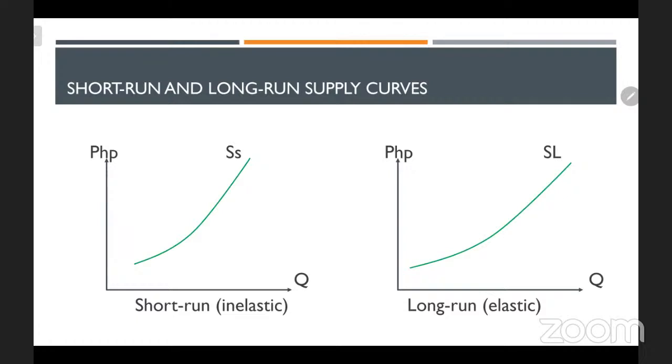There is at least one input that's fixed. Sabihin, hindi agad-agad pwedeng lakihan. In the long run though, wala nang fixed input kasi the time is long enough that you can actually expand everything. Pwede mong lakihan yung size ng factory, pwede kang bumili ng mas maraming equipment, pwede ka pang magdagdag ng inputs, etc. So, mas elastic ang long run supply curve kesa sa short run supply curve kasi sa long run